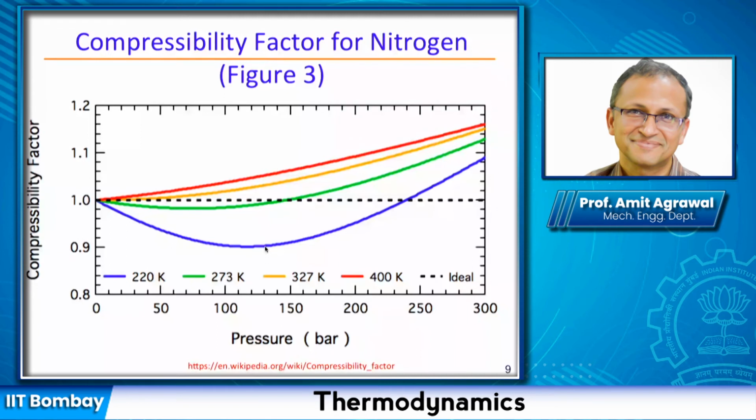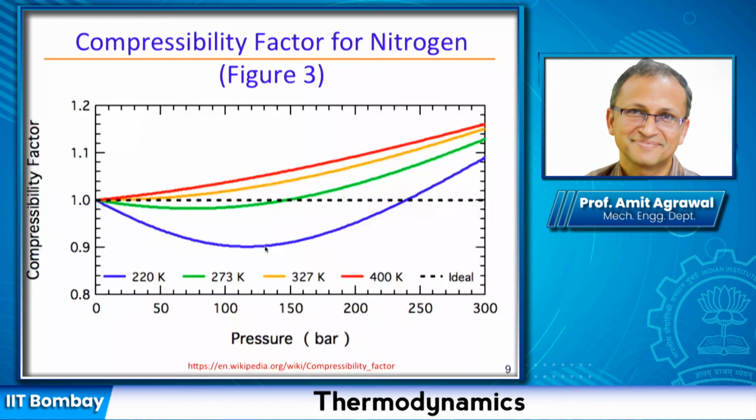Yes, please. Sir, for these curves, the compressibility factor is decreasing with pressure till some point, and then it starts increasing. So how can we determine that point, and what is the reason for this, that it decreases till some point and then increases afterwards? It is because the repulsive forces become dominant. In that region z is not greater than 1, so we can say that attractive forces are dominant, but the curve just changes the slope.